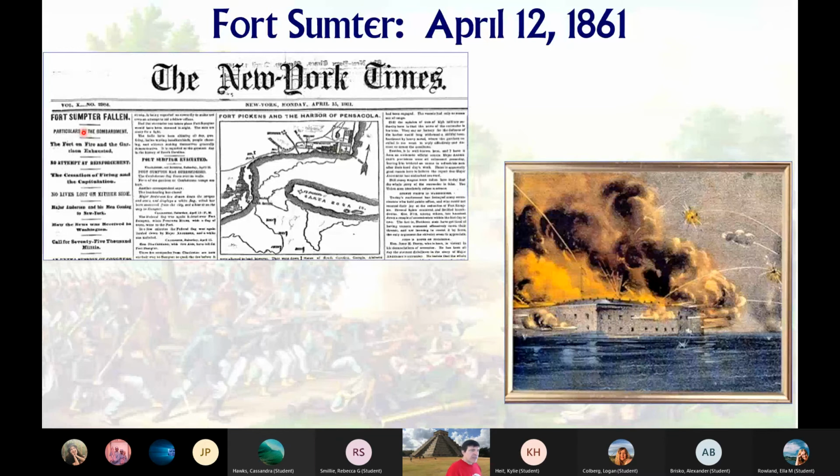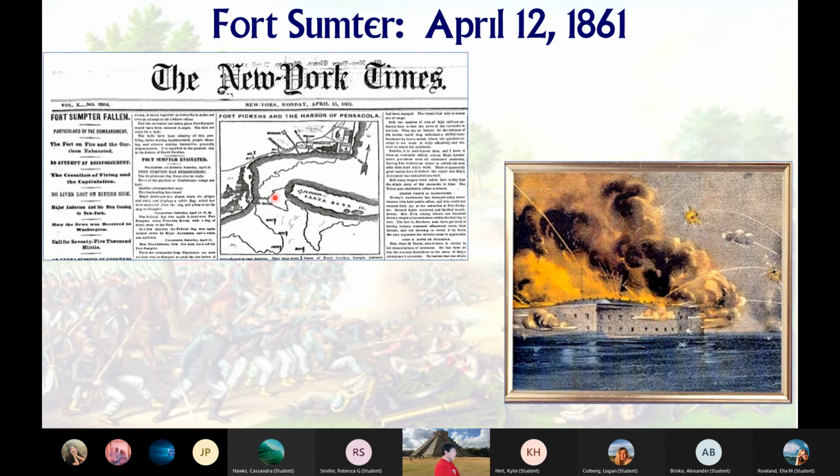They opened fire. Now, Confederate guns, many of them former Union guns that they just took when the Union abandoned their installations, they had not very much training. They were actually always short of powder. So most of the shells missed. Here shows a dramatic shelling of it, but most missed. In fact, as the Union Army huddled in their bomb proofs, there were no casualties. No men were killed or wounded.